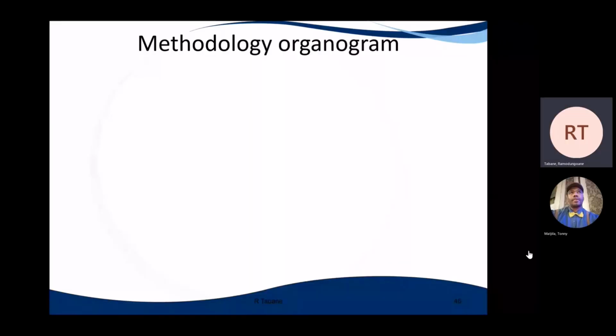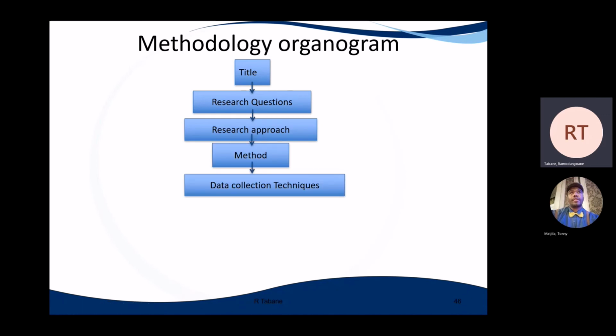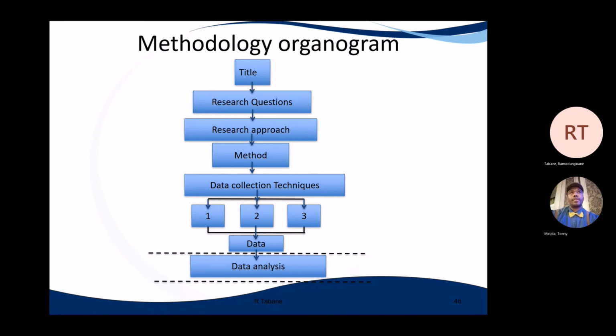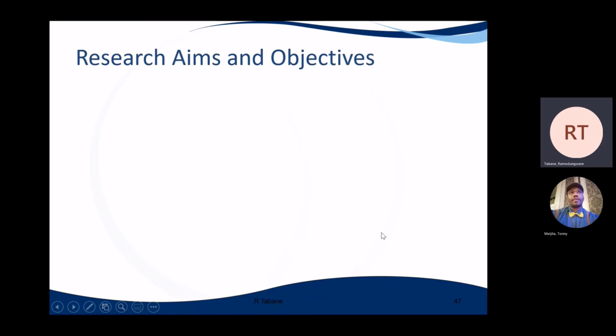So at the end of the day, this is how your organogram will look: your title, your research questions, methodology, data collection techniques, data analysis, and your findings. So now there is the element of what are the research aims and your objectives? The last part, well, some